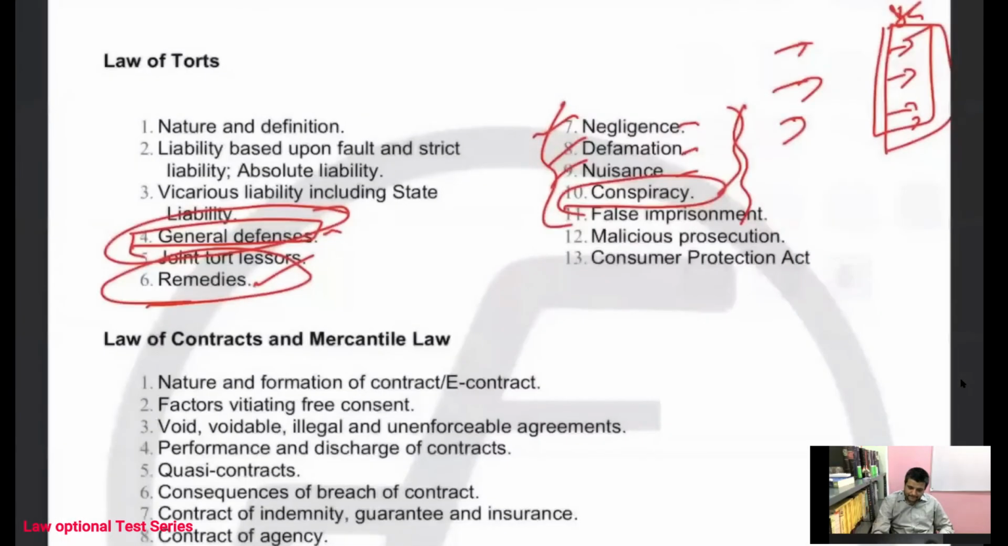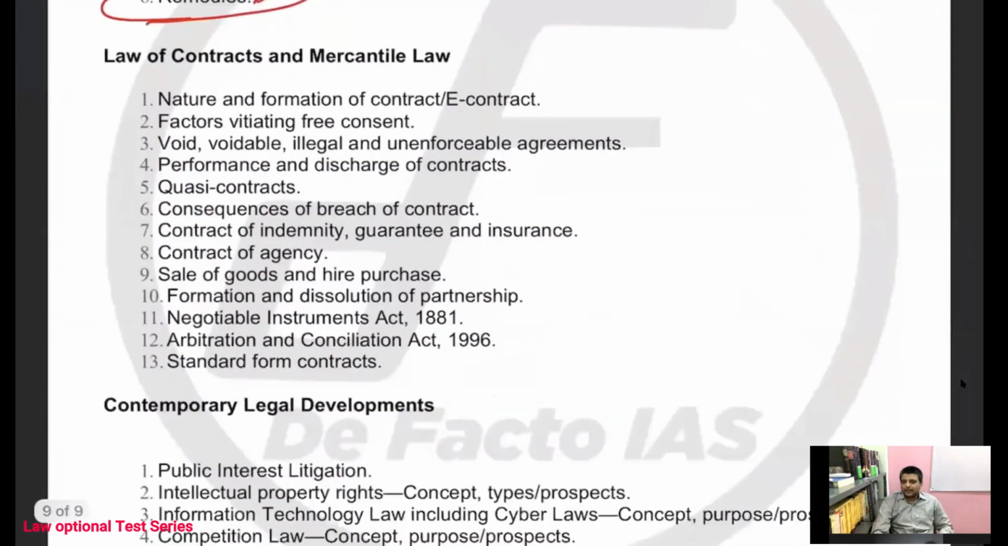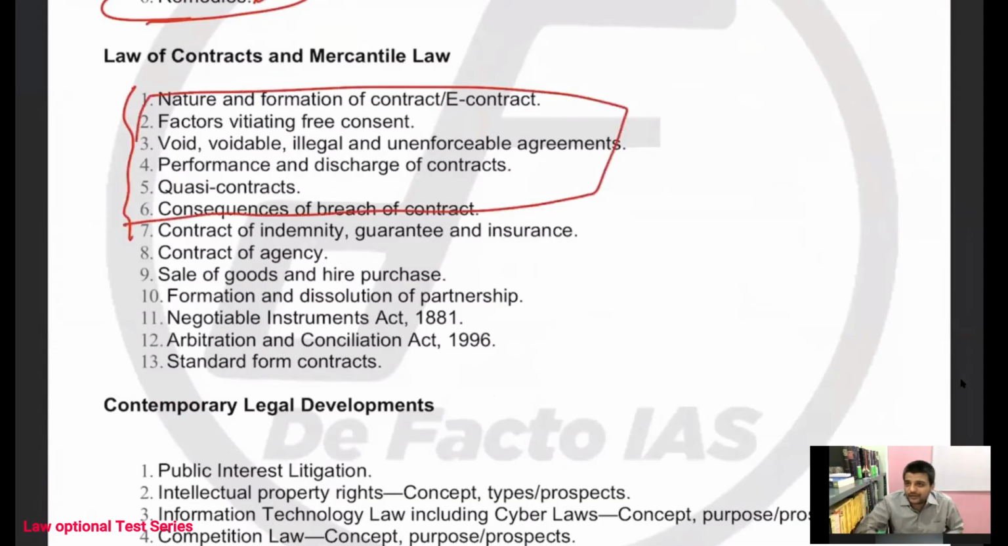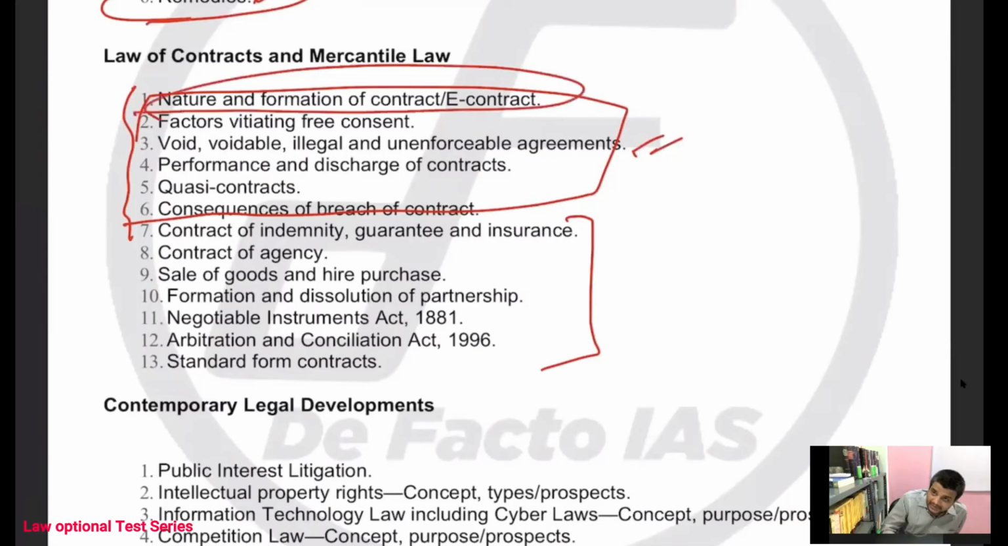Now when you talk about law of contract, a lot of you concentrate only on these 6 topics, only contract. And that is actually wrong. You will find that 50% of the questions are not from these. So if you only study law of contract, that's over. No, you should not do that. What I will ask you is to understand the nature and formation of the contract and try